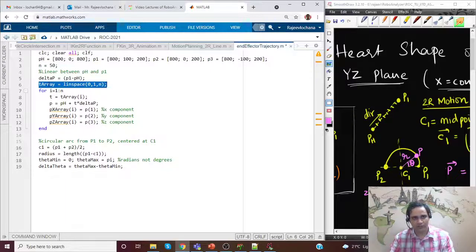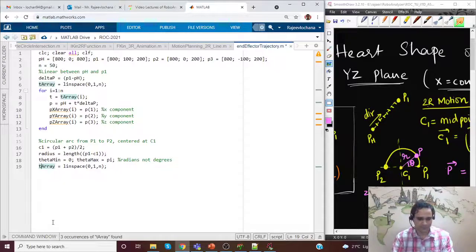I'm just wondering, should we have a theta array as well, which will make our life simpler. Okay, so instead of delta theta, please excuse me, we'll just use theta array, which is going from theta minimum to theta maximum in n steps. So all the incremental values we'll get here in theta array.